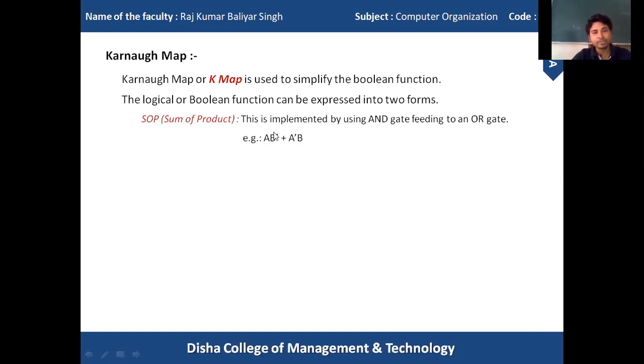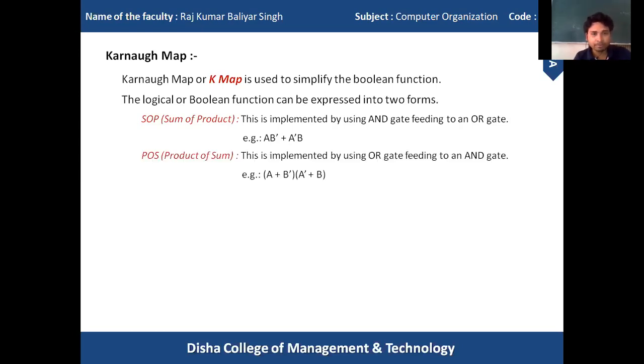That means we first find the product of the variables, and then we sum them up. The second form is the product of sum form. This is implemented by using an OR gate feeding an AND gate. This is the example.